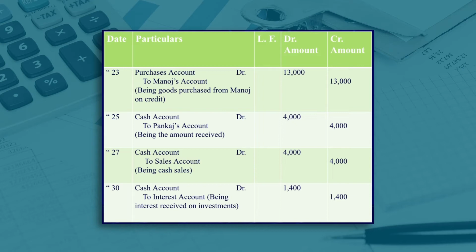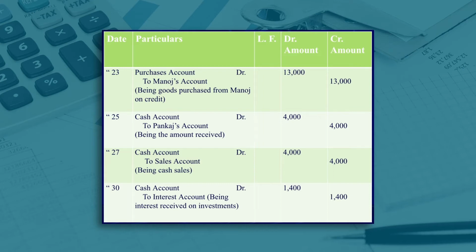Cash account is the real account and cash is coming to us, therefore we applied the rule of the real account, debit what comes in. So here cash is coming in, therefore we debited the cash account, and the account of Mr. Pankaj is a personal account, and as per the rule of the personal account, debit the receiver and credit the